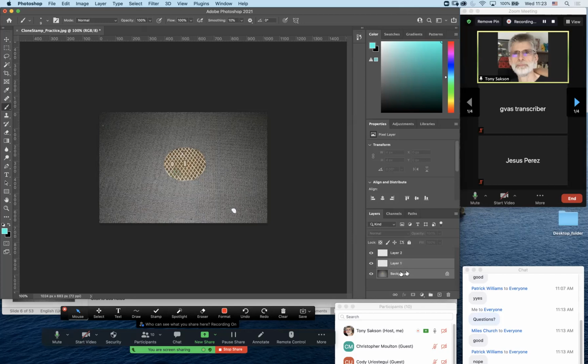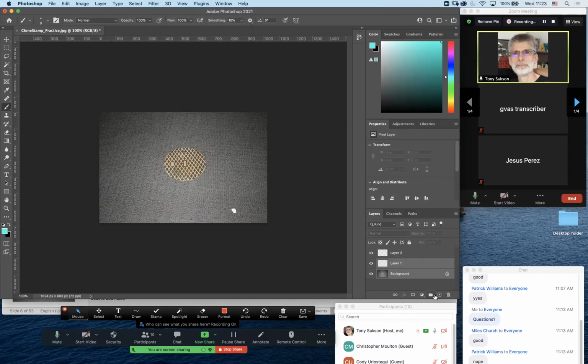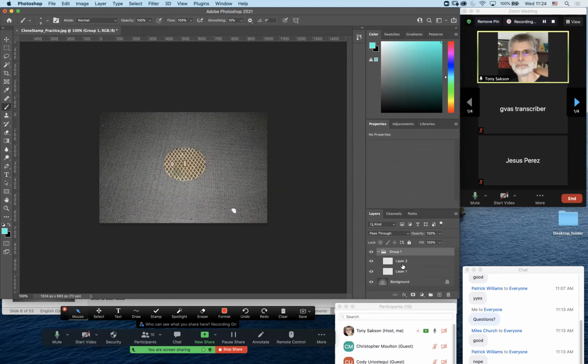So a lot of times in order to do that, you combine layers. It'll take the two layers, merge them together into one. That will let you assign a filter. If you group them together, come on, group. Oh, because it's locked. Okay, that's why. Group. There we go. So even with the grouped layer, it knows there's multiple layers inside that group. If I select one of them, yep, I got my filters. So the whole idea is